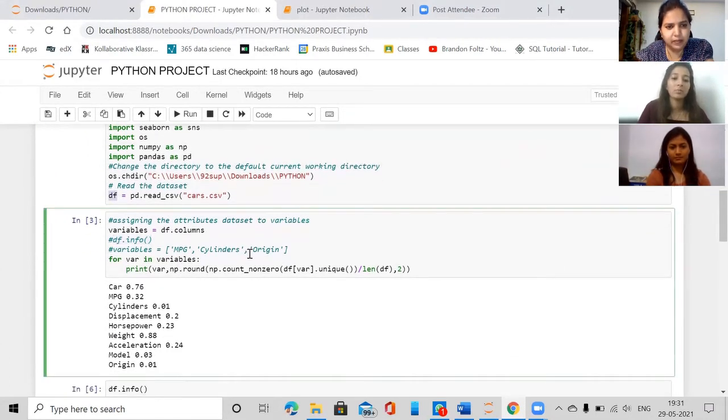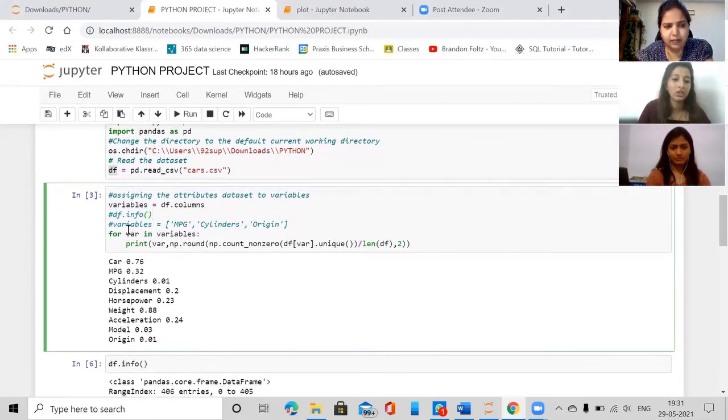Next, as you had mentioned, you had a problem on how to differentiate between the categorical and the numerical variables, whatever dataset is given to us. For this, first, we will store all the columns in a separate variable called variables, as you can see here. And now we'll run a for loop where we'll take each column and measure the percentage of unique values in each column as compared to the whole data set. So we have first printed the column var, which in the first column in this data set is cars. So we'll print cars over here. And then we have used this to measure the percentage of the unique values as compared to the whole data set. As you can see, the total number of unique values is 0.76 as compared to the whole data set. We have rounded it to 2 decimals.